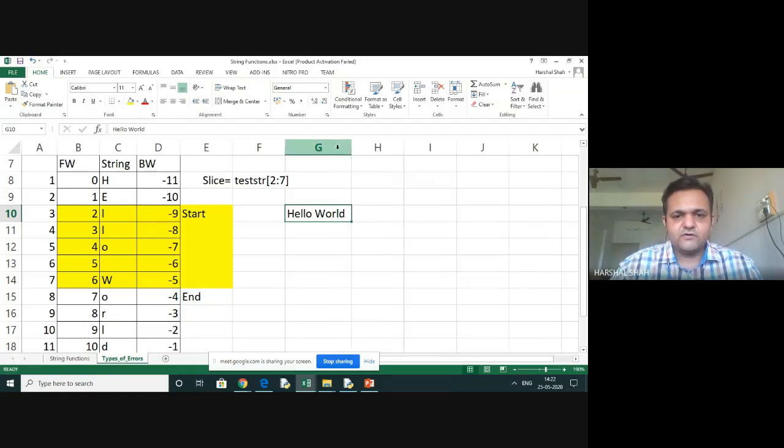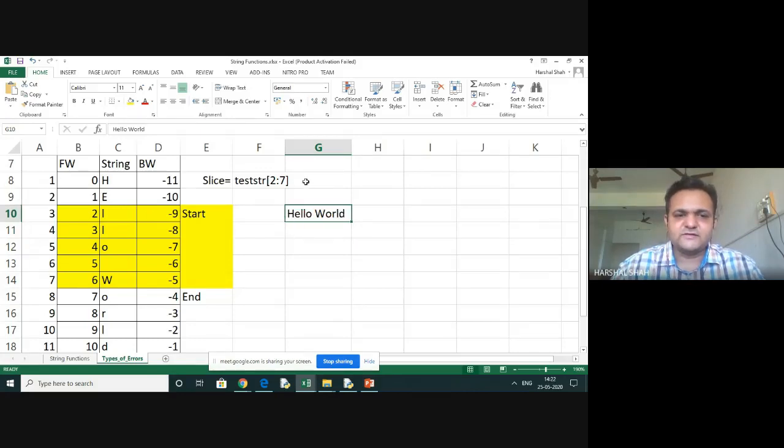Now you can see that I have written hello world, starting from index 0: HELLO, then there is a space, WORLD. So this is a string. This string is also a sequence of characters. So the first member is H, which is indexed with 0.